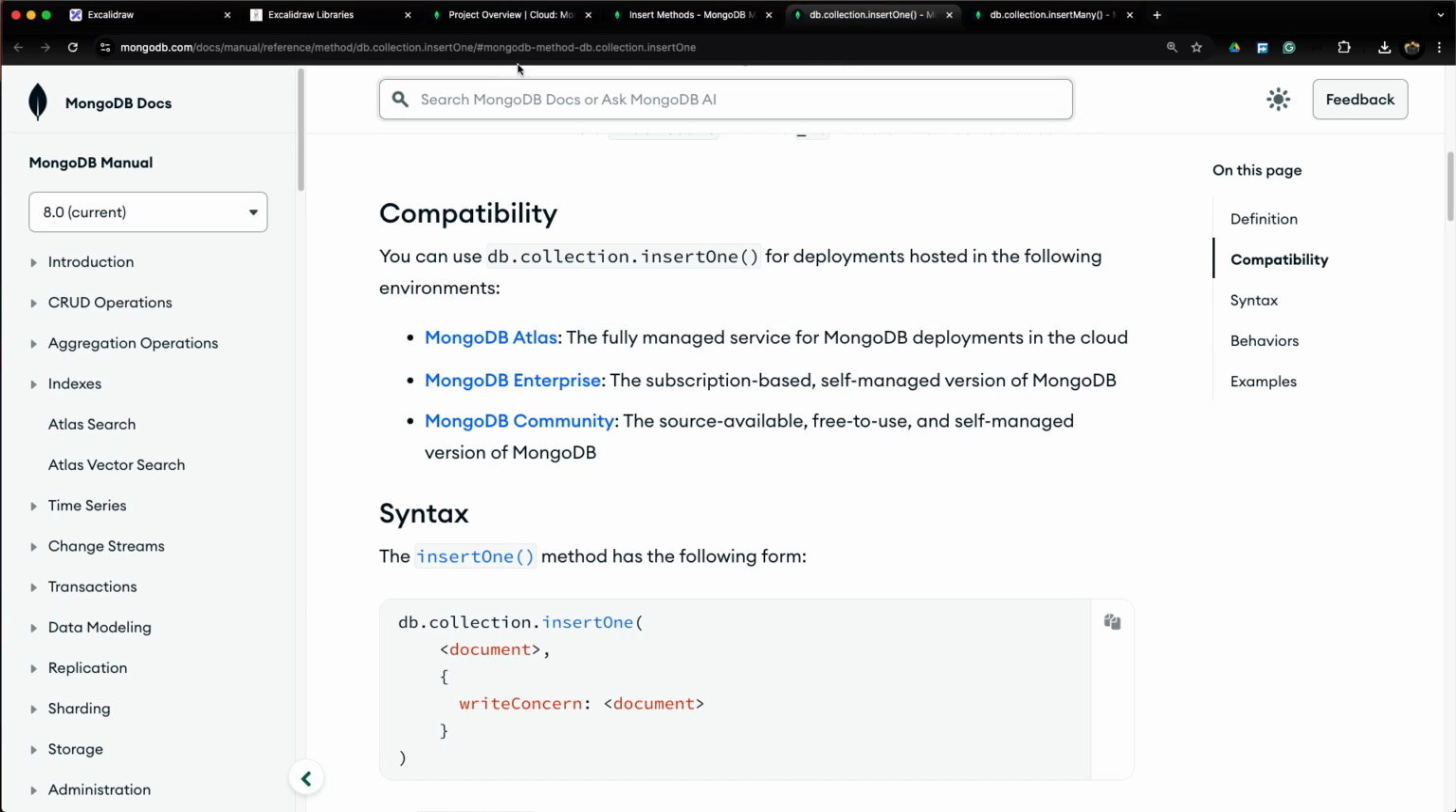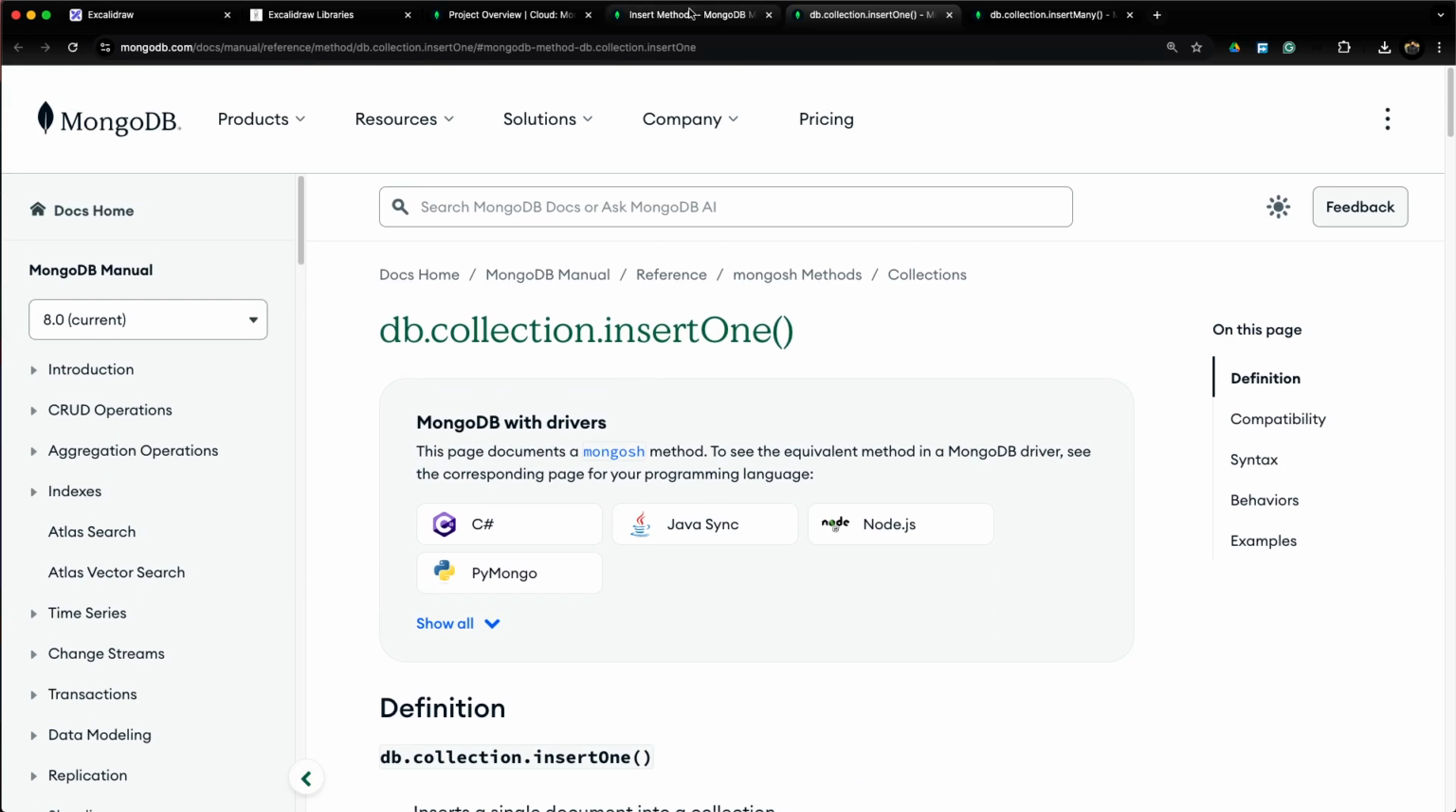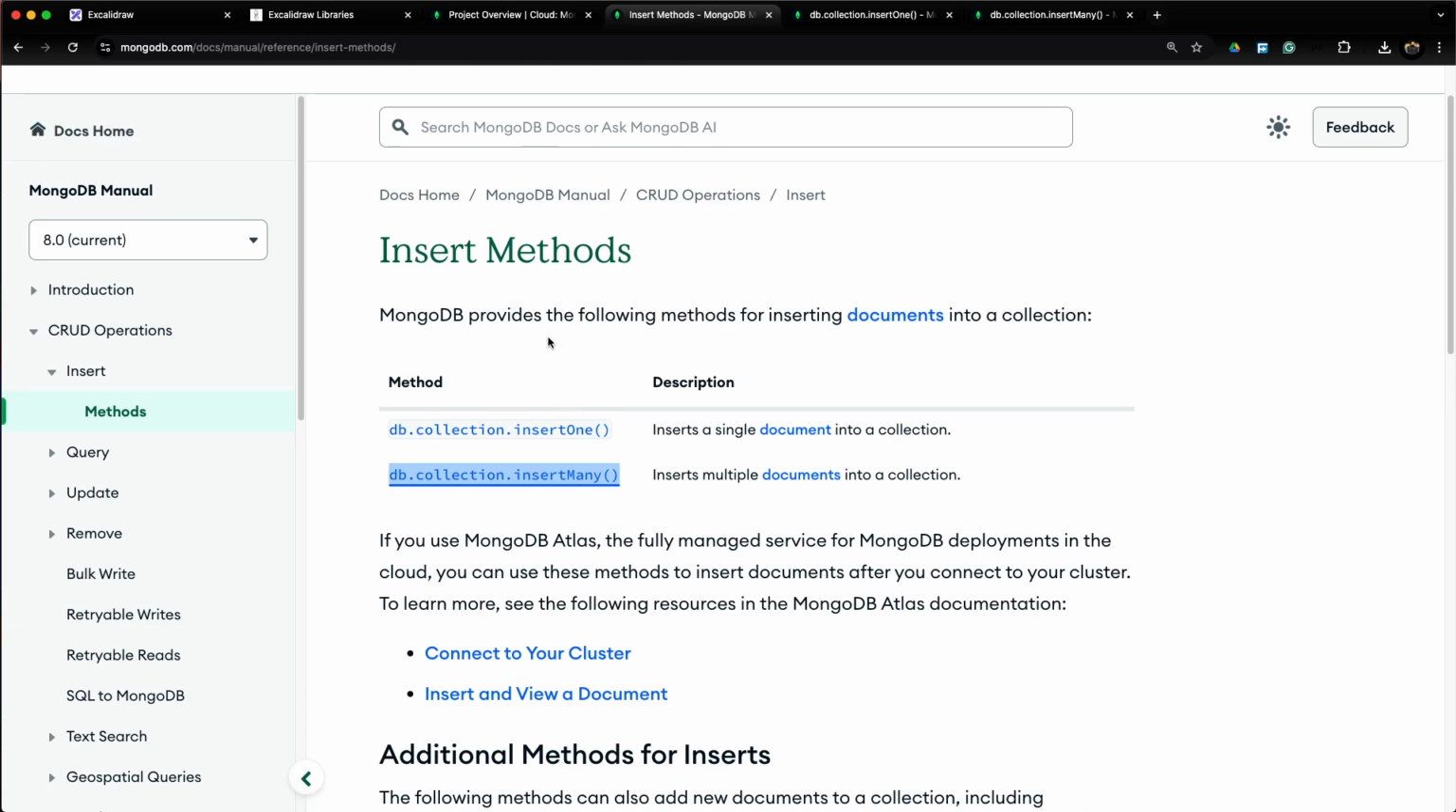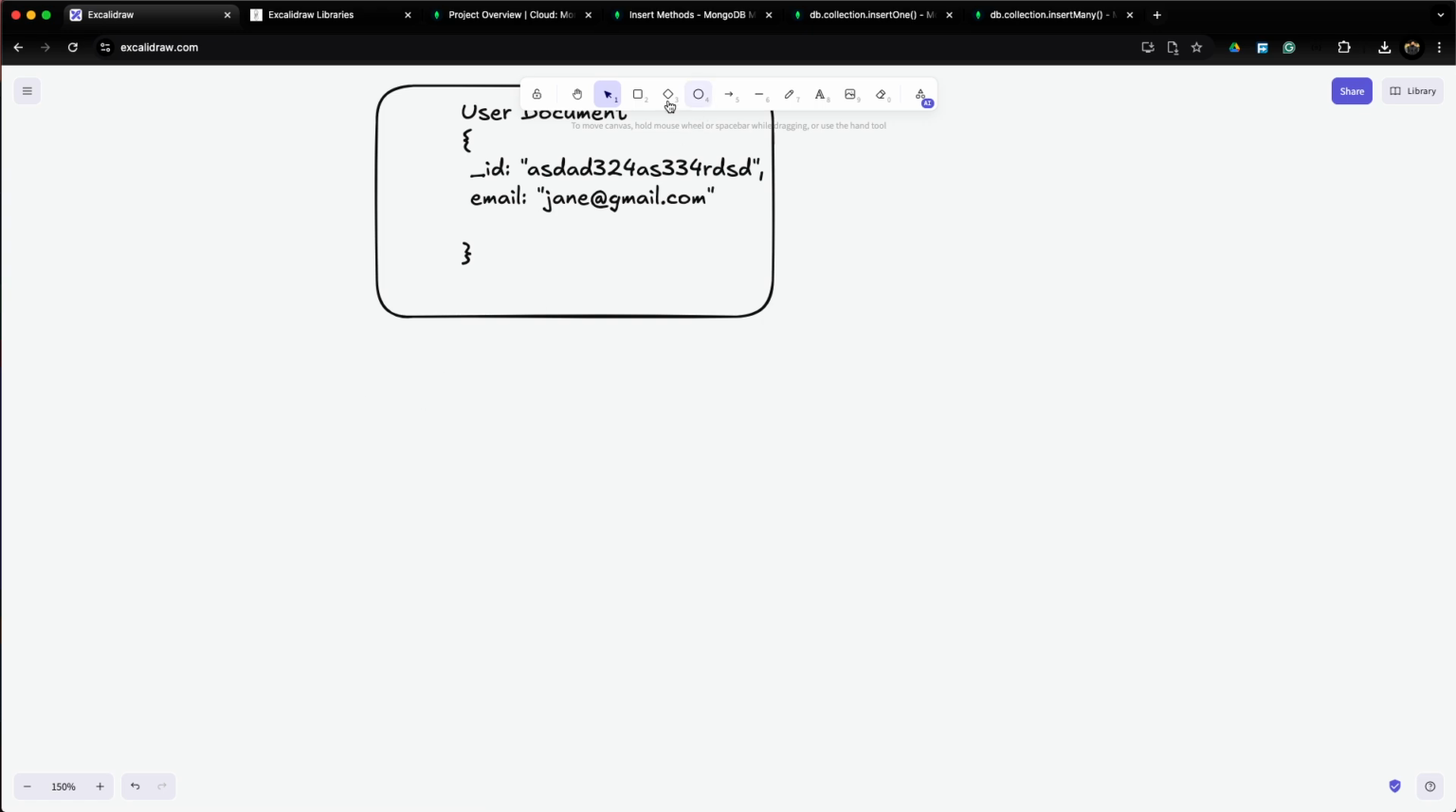Now we're going to perform CRUD operations in MongoDB. CRUD means create, read, update, and delete. So MongoDB provides two methods to perform the create operation, or insert methods, the first one is